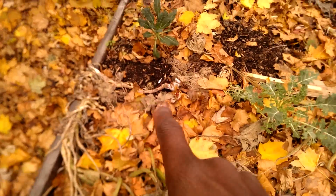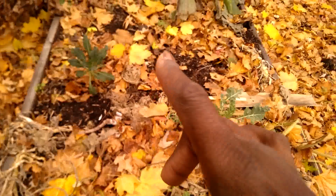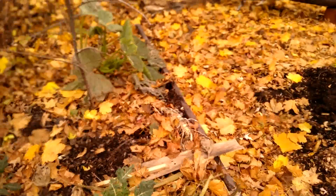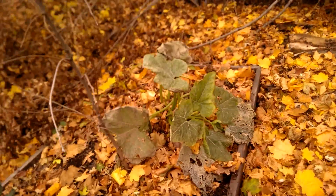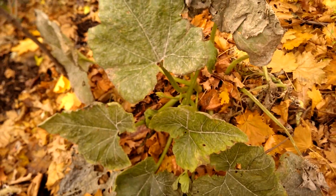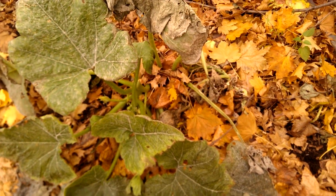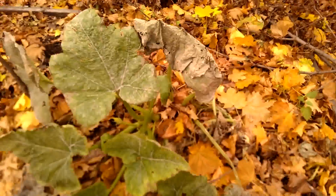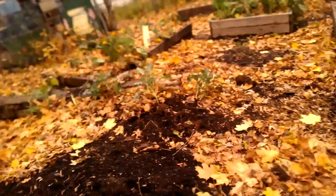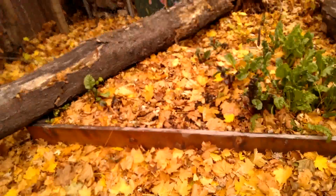And here used to be zucchini. These are basically dead. There's that one that still lives. I actually picked a couple of tiny zucchini last week off of this bush. It might be a different strain, a little bit more cold hardy, I don't know. And this is some kale, which I don't know. I mean, it's probably not worth even looking at too hard, but